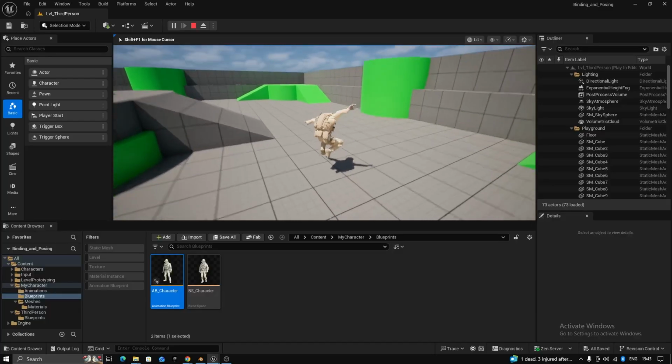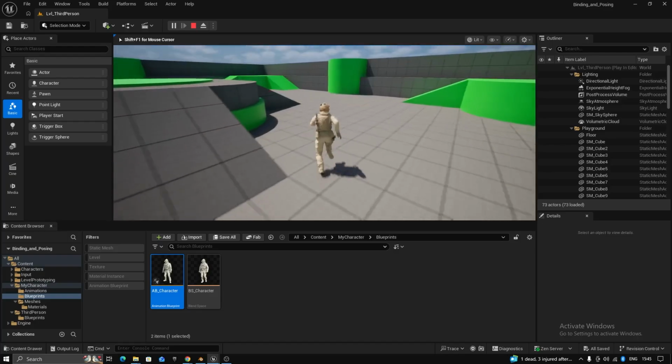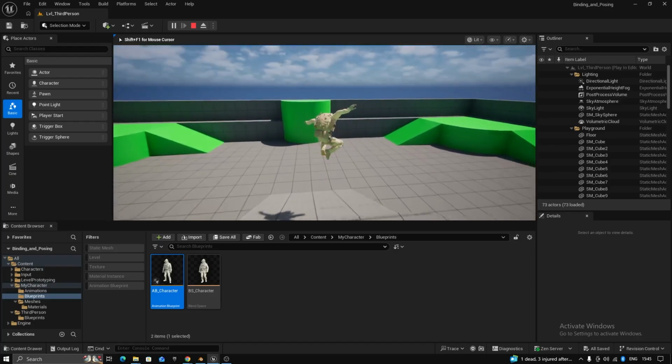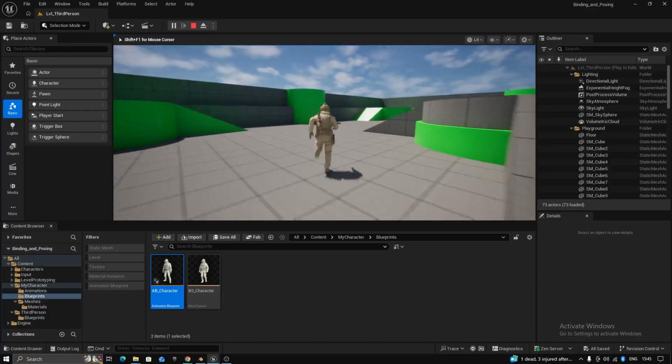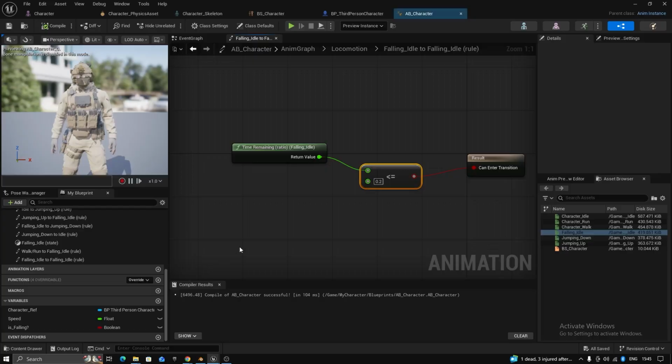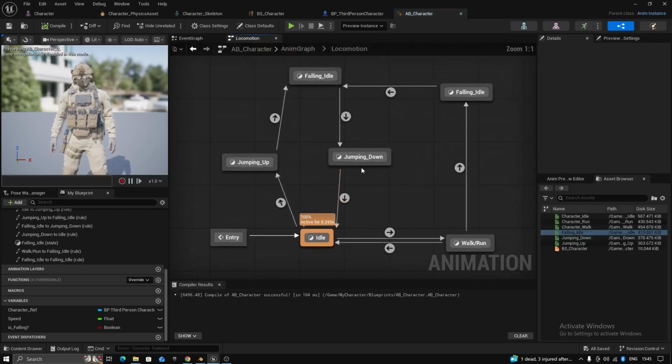Pretty cool. So I could run now, could run anywhere, and then if I hit jump, then I can walk. So yeah, if we go back to our locomotion animation blueprint, we see this is what